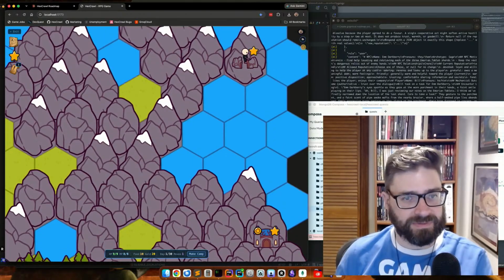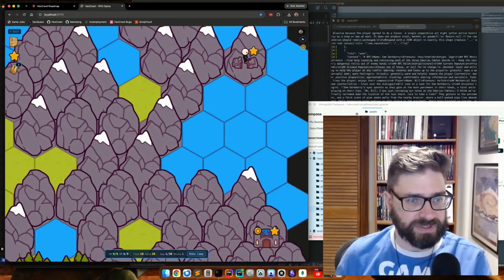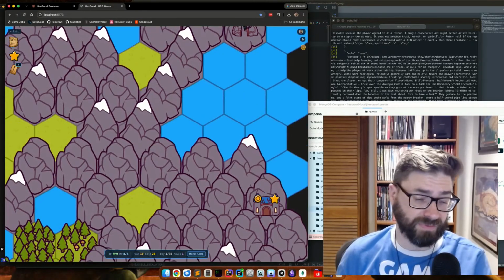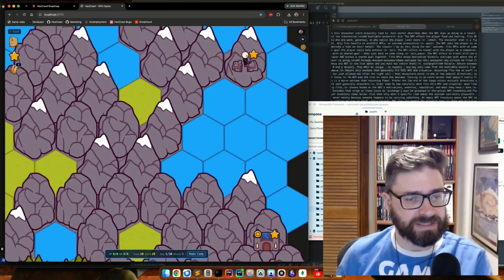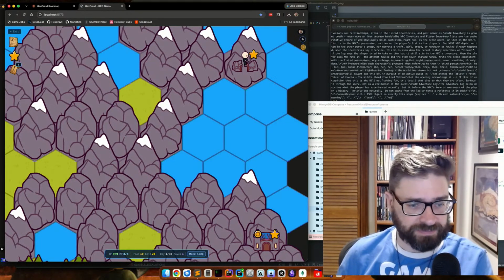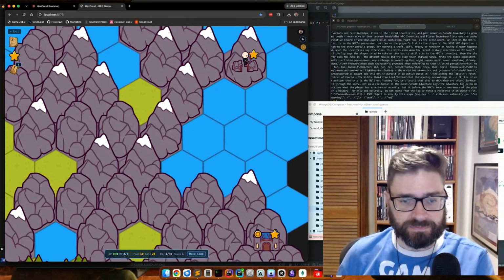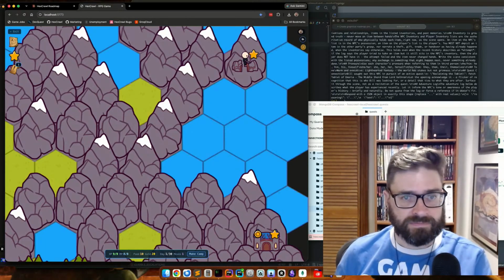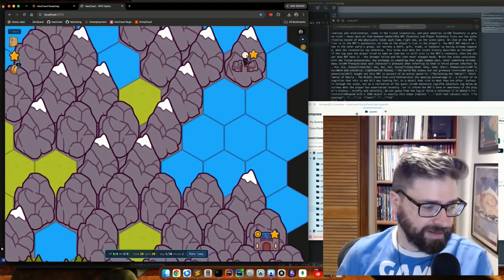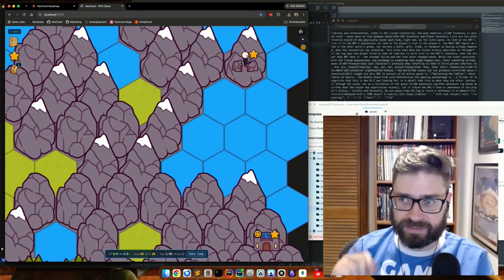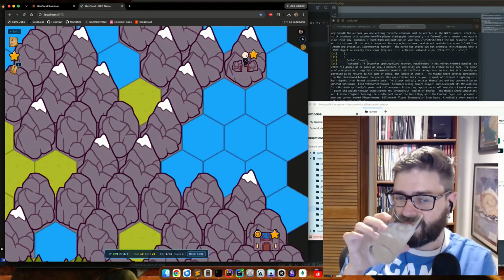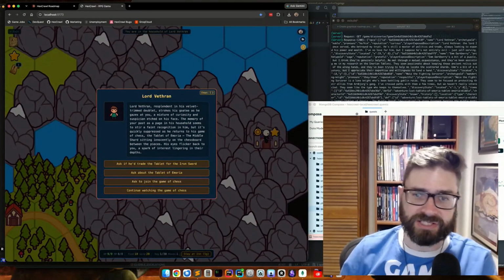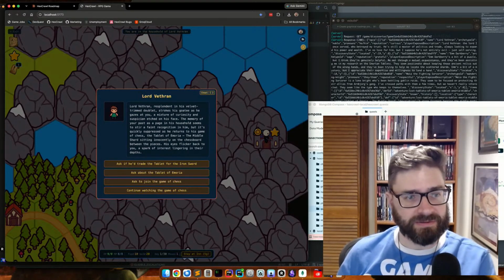Now, normally, if I was going to play the game naturally, I would actually have to spend move points and days of travel to get through all these horrible mountains, which would take forever. But I'm going to cheat, and I'm just going to jump right on down there. Normally here, if I had walked there naturally, you would see the little dot of it thinking, because it's definitely querying the LLM now. But since this is a cheat, I didn't gussy it up with nice graphics.